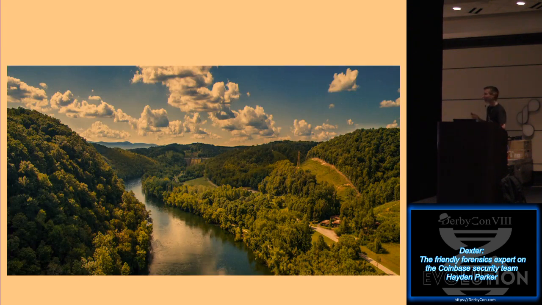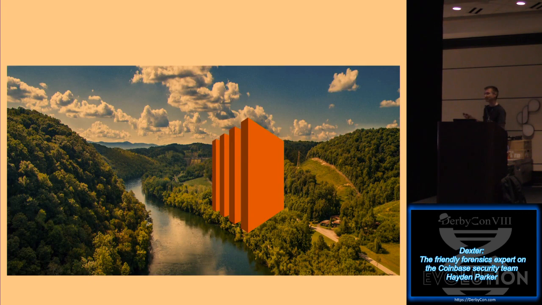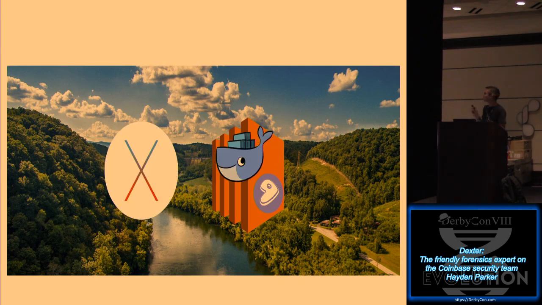Hopefully, you get the idea. Okay, before I talk too much about the tool, there's a topic that I want to make sure we all can visit and address, and that's the environment. Okay, as I said, I like to go outside a lot. So when we're talking about the environment at Coinbase, we're running EC2. And on this EC2 environment, we have a Gen 2-based minimal AMI. It's basically just enough to run Docker.